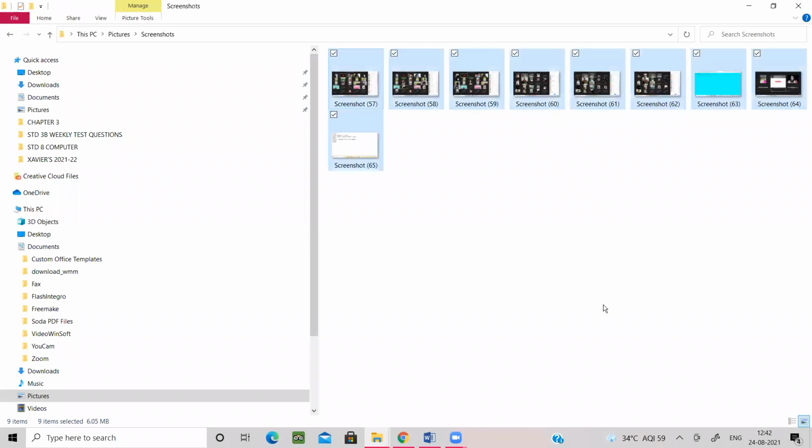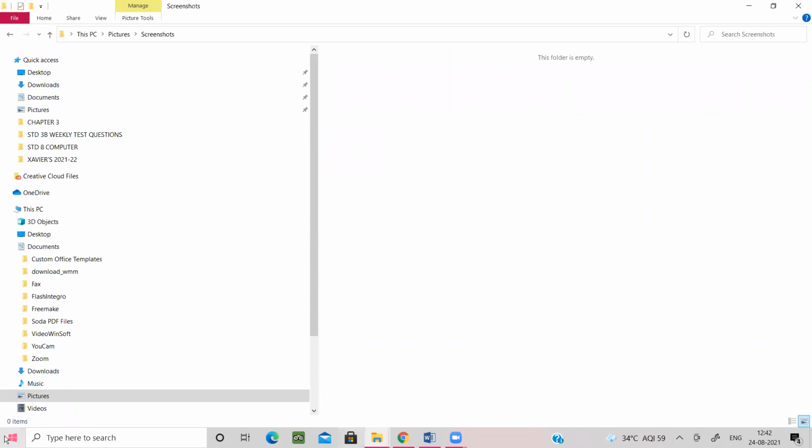By the way, I need to delete all these things. I can press Control A, Control D, and it will be deleted. Because after this class I will have to take the screenshot and send it to ma'am also. So whenever I take a screenshot, suppose right now I want to take one, see, the screenshots will be automatically saved over here.